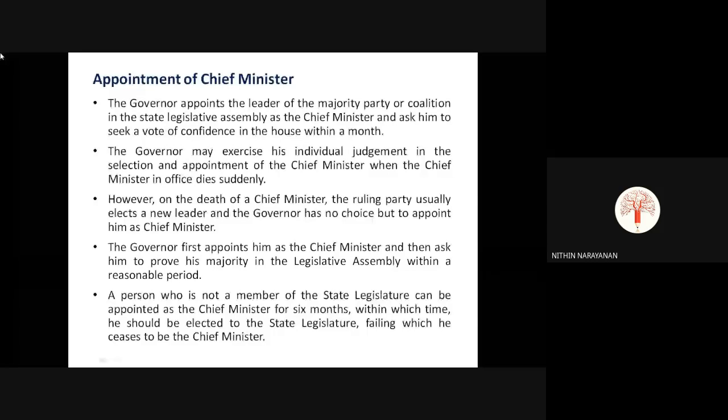സോ ഗവർണർ അപ്പോയിന്റ്സ് ദ ലീഡർ ഓഫ് ദി മെജോറിറ്റി പാർട്ടി ഓഫ് ദി കോalition, the state legislative assembly as the chief minister and ask him to seek a vote of confidence in the house within a month. സ്വാഭാവികമായിട്ടും വോട്ട് ഓഫ് കോൺഫിഡൻസ് കിട്ടും അല്ലെ. നേരെ മറിച്ച് ചെറിയ 1 സീറ്റിന്റെ ഭൂരിപക്ഷമുള്ളതാണെങ്കിൽ ഒന്നുകൂടി വോട്ട് ഓഫ് കോൺഫിഡൻസ് സീക്ക് ചെയ്യാൻ ഗവർണർക്ക് അങ്ങനെ സീക്ക് ചെയ്യാം. ബട്ട് വലിയ ഭൂരിപക്ഷമാണ്